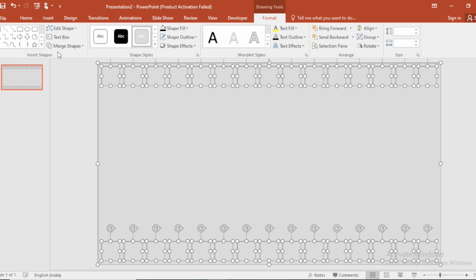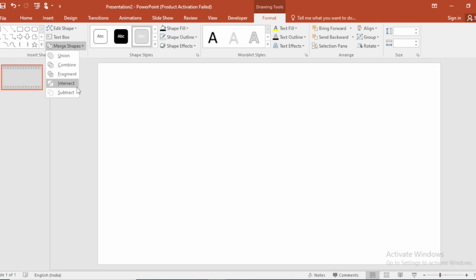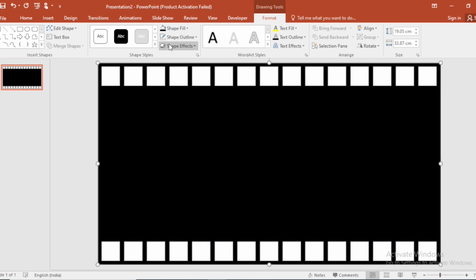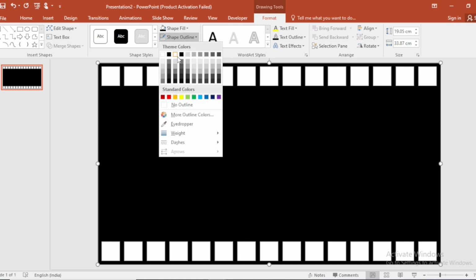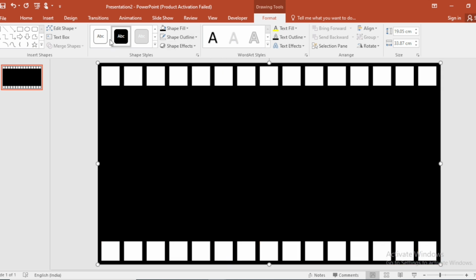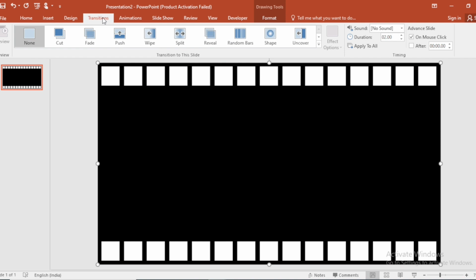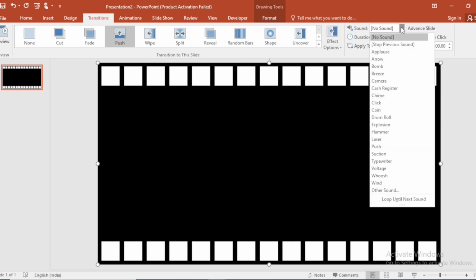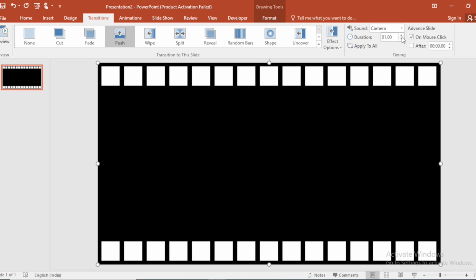Select all, go to Merge Shape, select Subtract, go to Shape Fill, select Color, Shape Outline, make it no outline, go to Transition, select Push Transition, go to Effect option, select from right and add sound here. Increase duration,